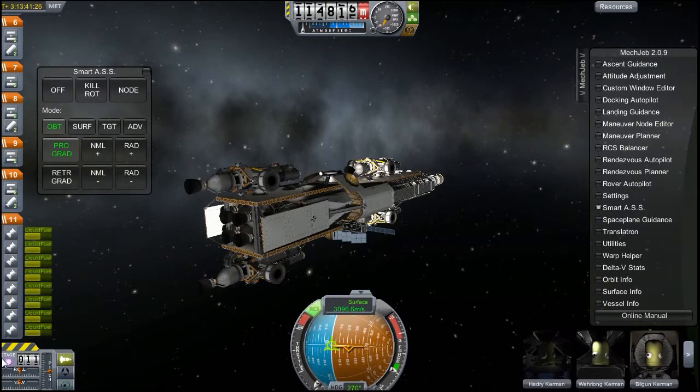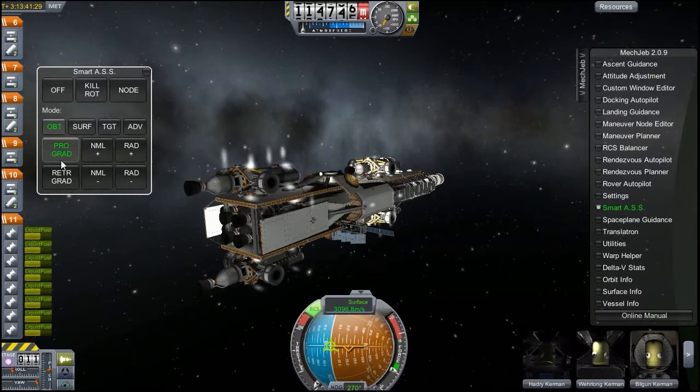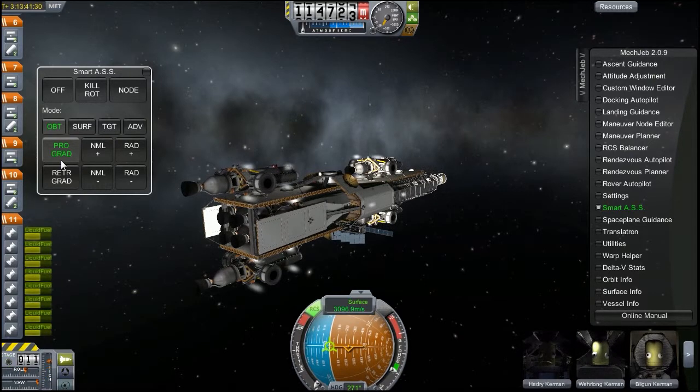Okay. Right, so pointing in the wrong direction, not a problem. Turn you off, turn you on. Turn RCS on. Let's get you pointing in the right direction so you can raise it, not lower it, because, you know, that